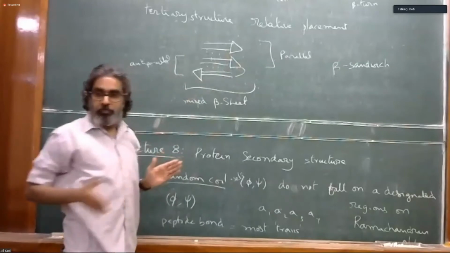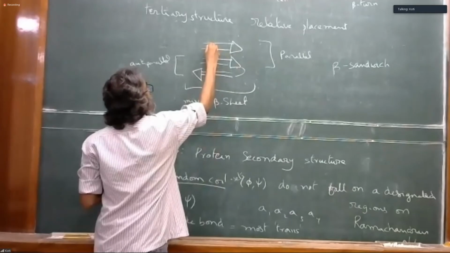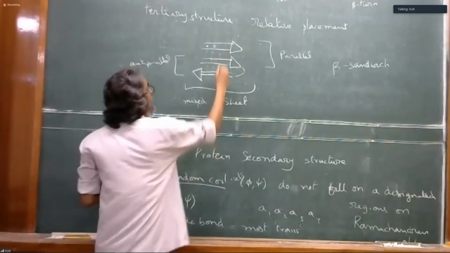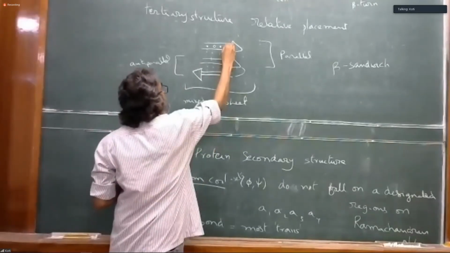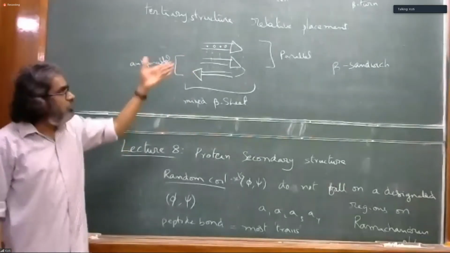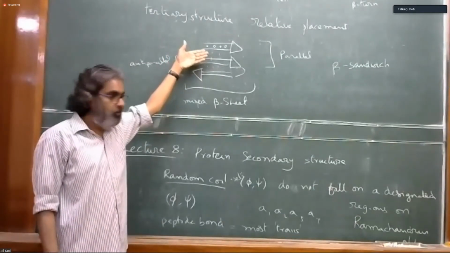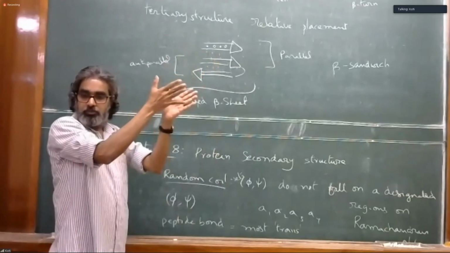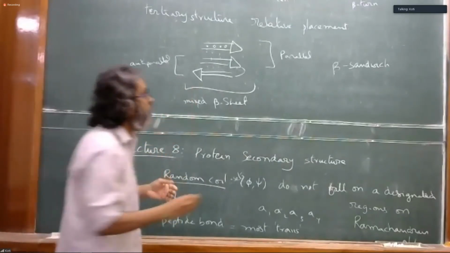Now, beta strand structures, if you remember, have alternate amino acids. One side chain is towards you, but the next amino acid has its side chain into the board, and the next side chain is towards you again. So like that, in the sheet, half the side chains point towards you, and half point into the board. Now imagine if you have two sheets, then half the residues from each sheet are pointing towards each other.